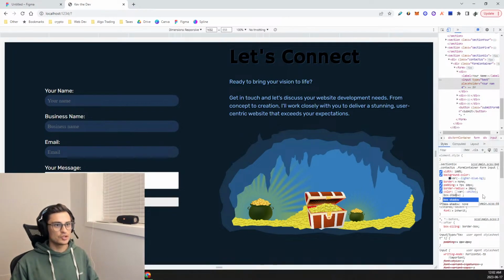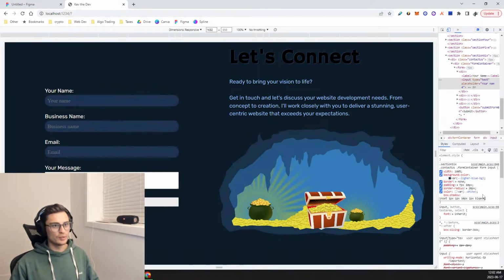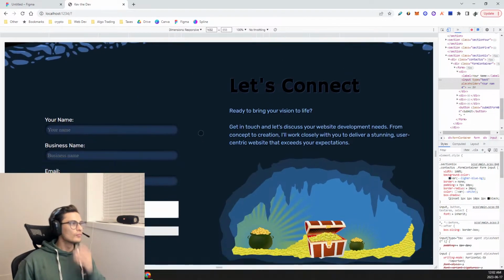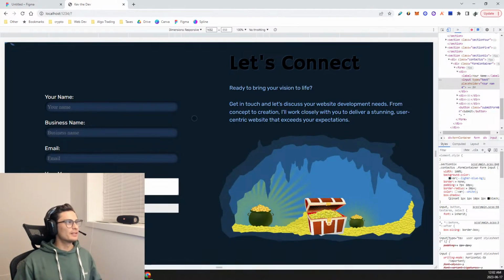So box shadow inset 1 pixel, 10 pixel, 2 pixel black. Does that look good? Maybe a little bit less so,